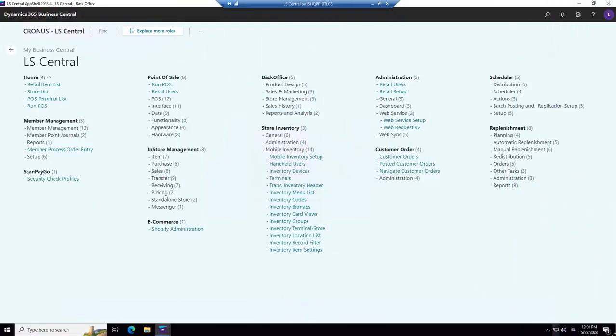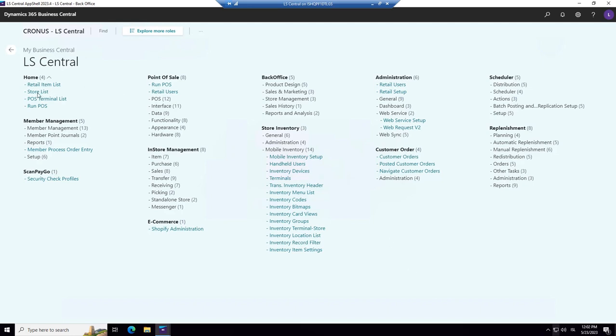Now we would like to continue to look at the data the retailer needs. And very importantly, each retailer has one or more stores. So that is part of the data we need. We've been already working in the POS, and every POS belongs to a certain store. So let's look at the stores.